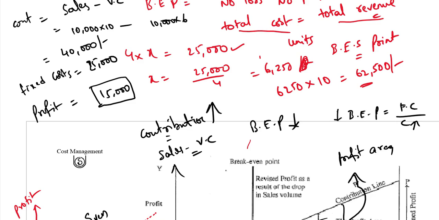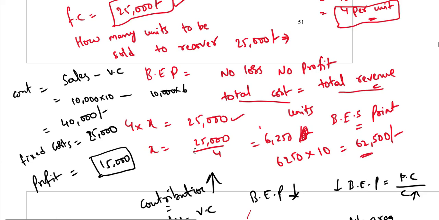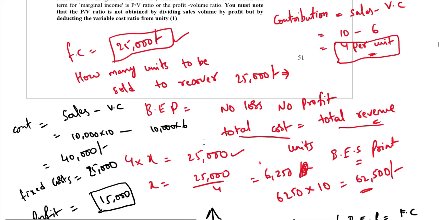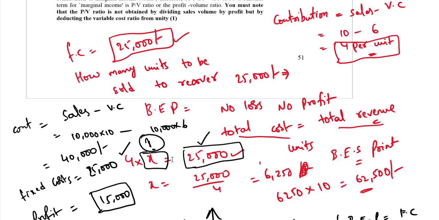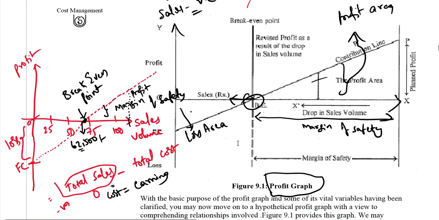Okay, so instead of remembering in terms of a formula, in a normal sense, what we have to remember is that to cover the fixed costs, this is the fixed cost, how many units does the company have to produce? Each unit is contributing 4 rupees and fixed costs are anyways going to be incurred. So the company has to produce how many units to recover this fixed cost? That is the literal normal understanding of break even point. That level is called the break even sales. Okay, so this is about profit graph or profit volume chart.